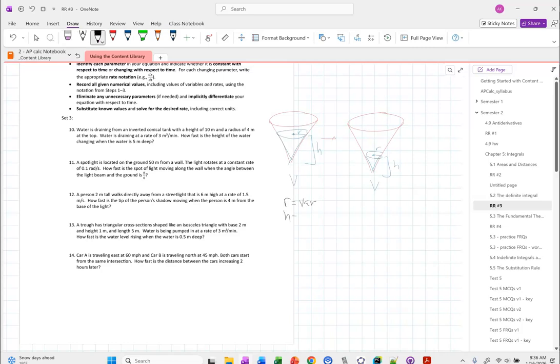So we have a variable for radius, a variable for height, a variable for volume. Each one of those, when we differentiate, is going to create a rate variable. We're told that dV/dt is 3. How fast is the height of the water changing when the height is 5 meters deep? That's what I'm looking for. This guy, though,